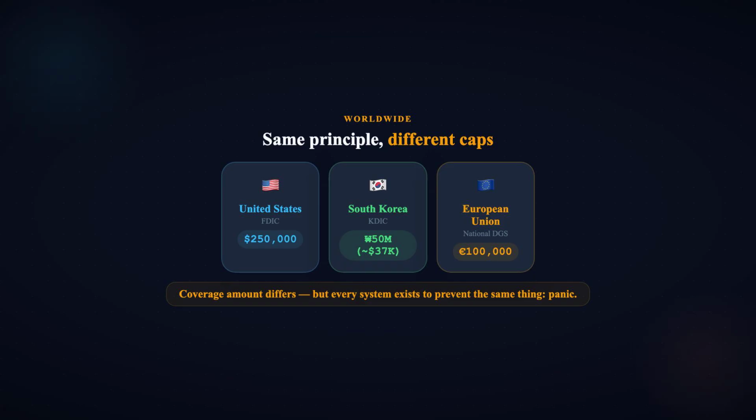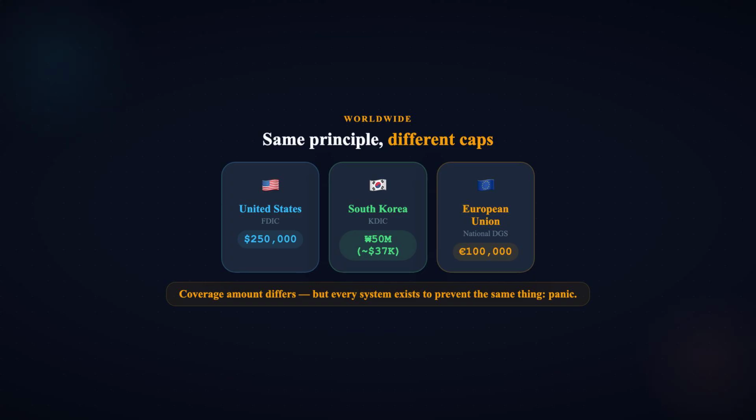The limits differ. The institutions differ. But the principle is the same everywhere. Governments decided that the cost of insuring deposits is lower than the cost of bank runs. Without insurance, every rumor becomes a potential panic. With insurance, depositors can sleep at night knowing that even if the bank fails, their savings are protected up to